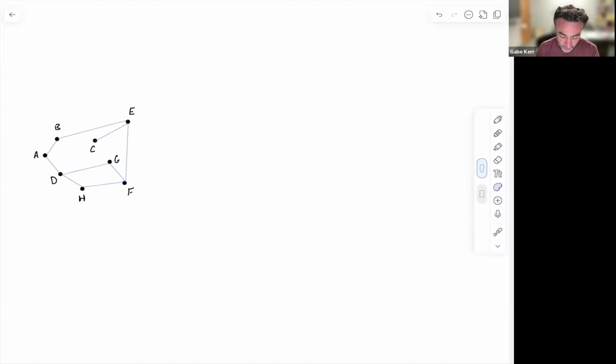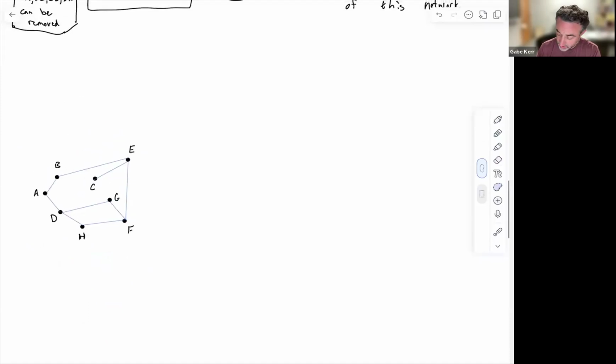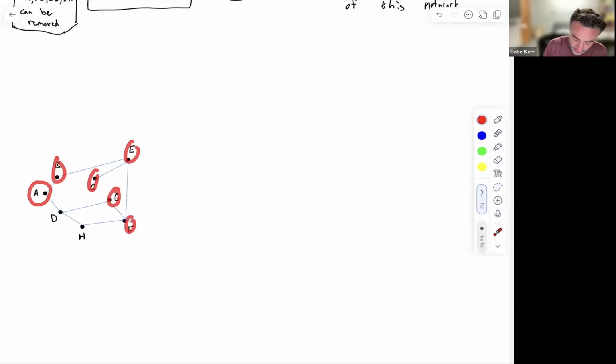So if you have a graph like this, we can check, and again, let's check the redundancy. The redundancy is a good guide of complexity. And as we're seeing, it tells us how many edges we can remove. So let's see, we have 1, 2, 3, 4, 5, 6, 7, 8. Okay, so we have 8,